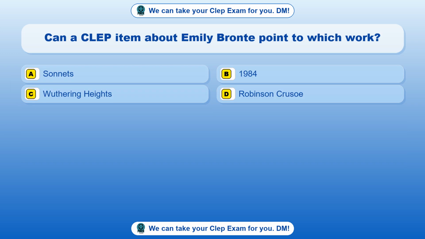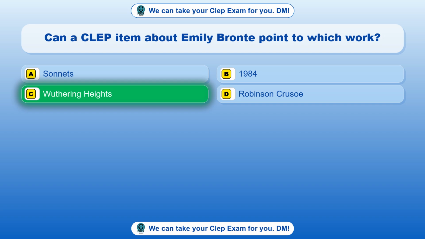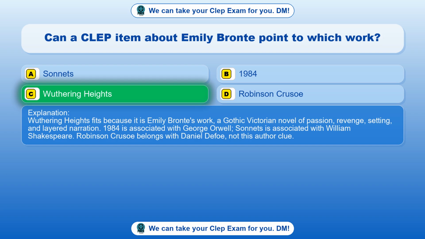Question 98. Can a CLEP item about Emily Bronte point to which work? Option A. Sonnets. Option B. 1984. Option C. Wuthering Heights. Option D. Robinson Crusoe. The correct answer is option C. Wuthering Heights. Wuthering Heights fits because it is Emily Bronte's work, a Gothic Victorian novel of passion, revenge, setting, and